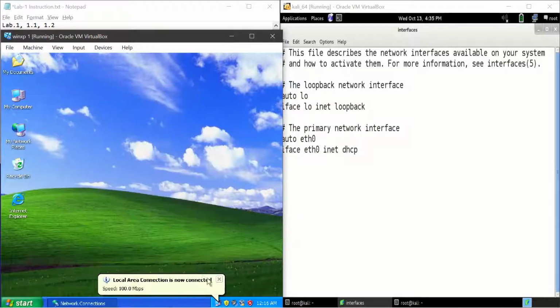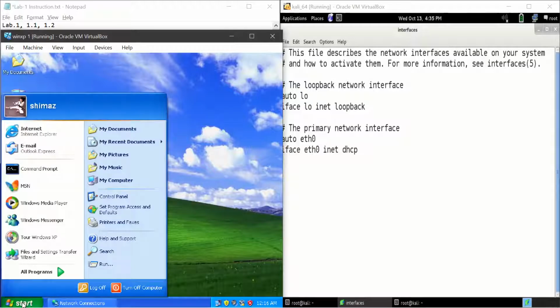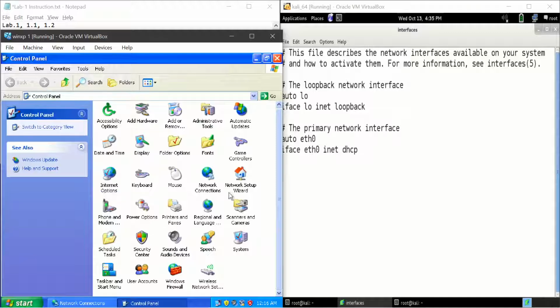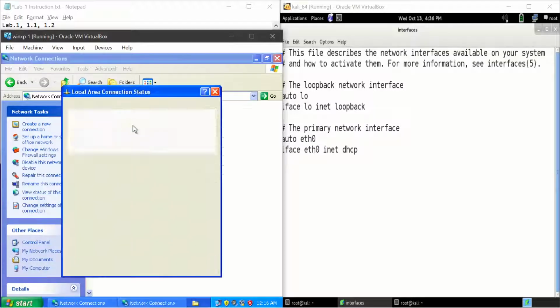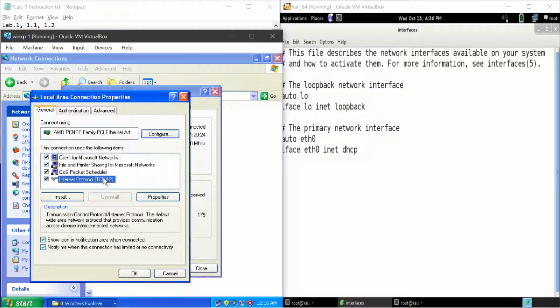For example, if this icon is not available, where do we find it? This is what I explained before. Many students answered this smartly. Start, then Control Panel, and then you can see Network Connections, and you can see the Local Area Network, and then Properties, and then you can assign the IP address.